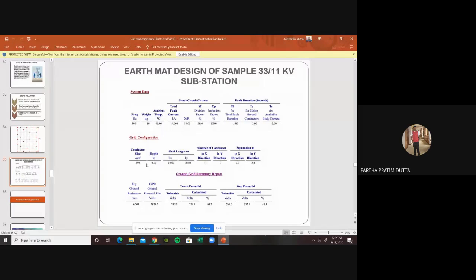Now, for the grid configuration, we usually conduct a size of 390 square mm. As I have told you, we have selected the flat of 65 into 6, that is 390 mm square, depth 0.6, grid length 30 by 18, and the number of conductors we have chosen are 11 and 7. It has been given by the software itself, and the separation. These two figures will be given by the software itself. We feed to the software with all the parameters like this, and obviously the ground resistance, ground potential lies how much,